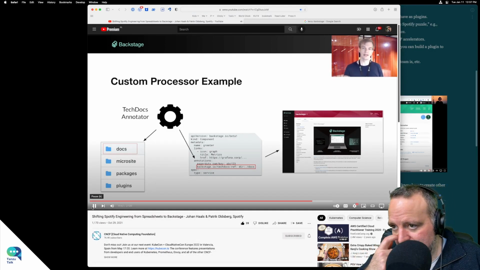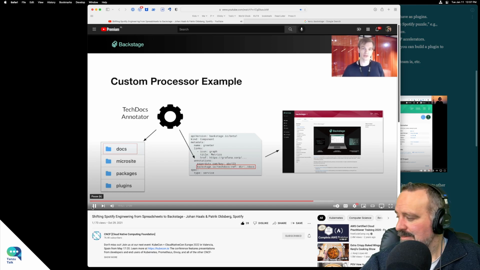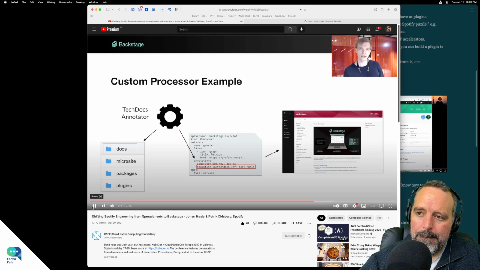Should agree that we always keep our documentation in the docs folder. Well, okay, there we go. If that folder exists, it must always contain markdown documentation. If that's the case, we can use a processor that checks if the folder is present, and in that case automatically adds the annotation. This can save us from keeping this annotation in YAML, but it does mean that we all need to adhere to this pattern. This example also highlights how, when you read entities back from the catalog, they will contain more information than your source YAML files. All right, so you've got like enterprise architecture by norms rather than enforcement and explicit whatever.